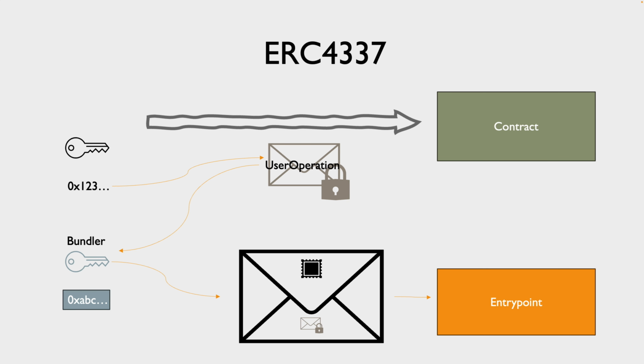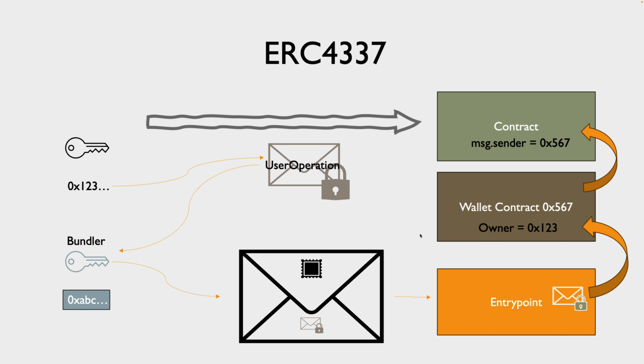And the bundler itself is going to package that into an actual transaction, pays for the gas at the moment, and sends it to an entry point smart contract. Now, the entry point smart contract is always the same smart contract for all of the user operations, because the entry point smart contract will unwrap this whole transaction, will look into the user operation, and there is a sender field. And then it will take this sender field and it will send the call data inside that user operation